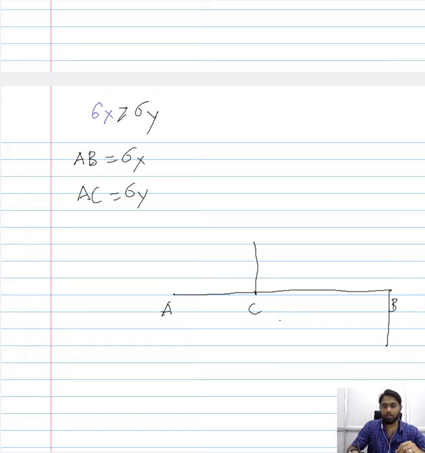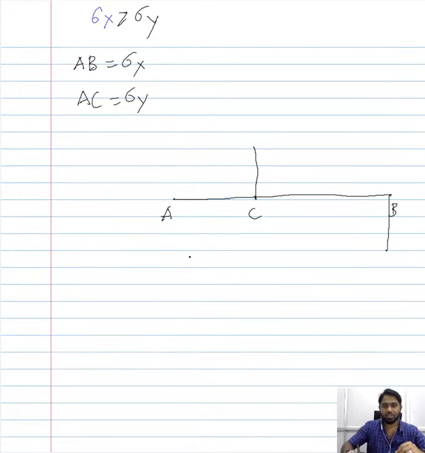Now we want to plot a circle which includes these 2 points. We will name this point in a moment, but let's try to plot a circle that includes these 2 points. So we have our AB that represents the stress acting along the x direction, and AC that represents the stress acting along the y direction. And the magnitudes of these two lines include the shear component of the stress.